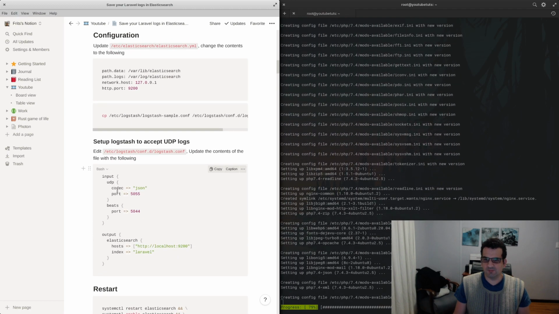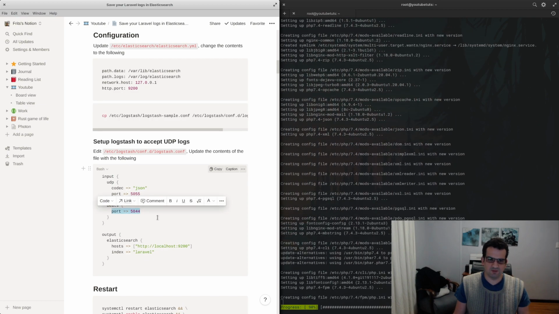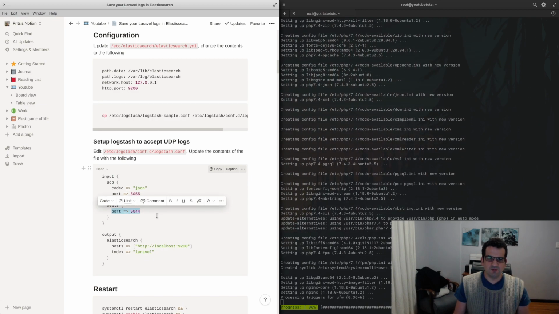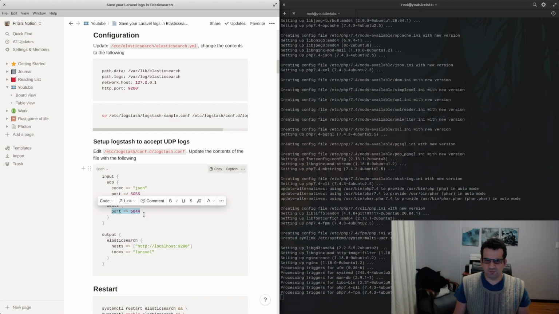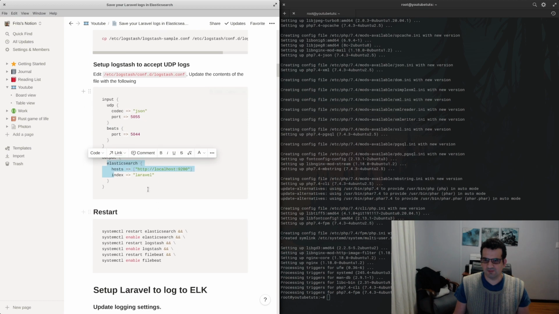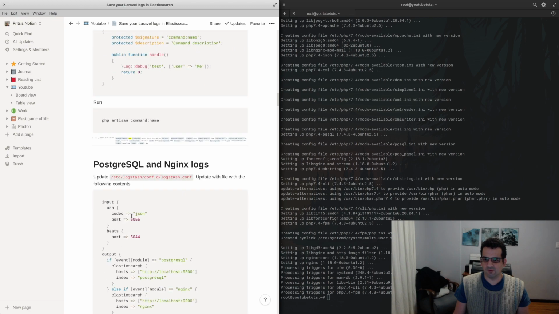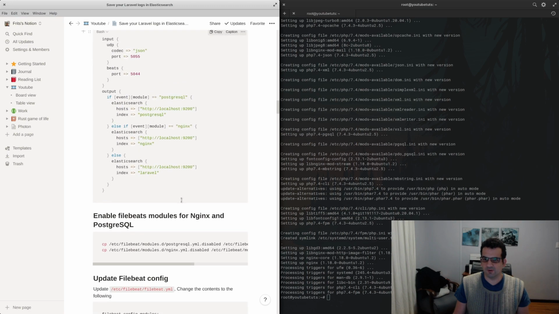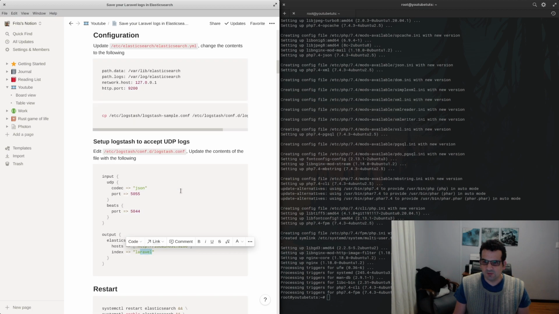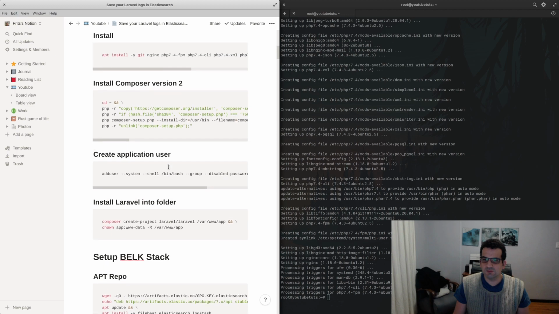So we set up UDP, we said we accept JSON for the logs, and then for beats, and this is for things like the Nginx logs and the Postgres logs. We're going to get those via beats, and then the output is just going to be Elasticsearch for now for Laravel, and then you'll see later on we're going to update the script a bit for sending through the logs for Postgres and Laravel as well. Back to where we were though, is that we've got those dependencies now, and then we're going to get